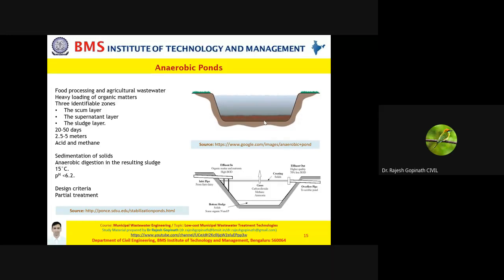Also understand, since it is an anaerobic process, since it is anaerobic digestion, if you want the system to be effective, it is understood that the temperature should definitely be more than 15 degrees Celsius. And please note all the microorganisms that you're referring to are facultative microorganisms and strictly anaerobic. You will find the facultative in this zone, and you will find the strict anaerobes in this zone, and they're highly specific and sensitive to pH.